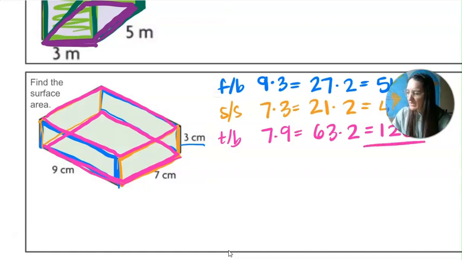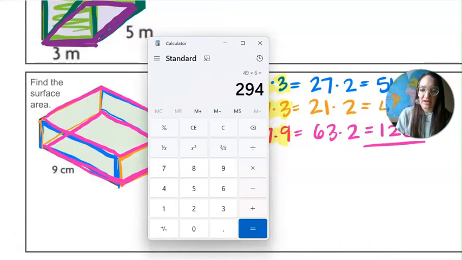Okay. Now what I was saying earlier is 7 got times with the 3, 7 also got times with the 9, and then 3 got times with the 9. So all of them took a turn being times with each other. All right, let's add all them up. And I get 54 plus 42 plus 126. 222